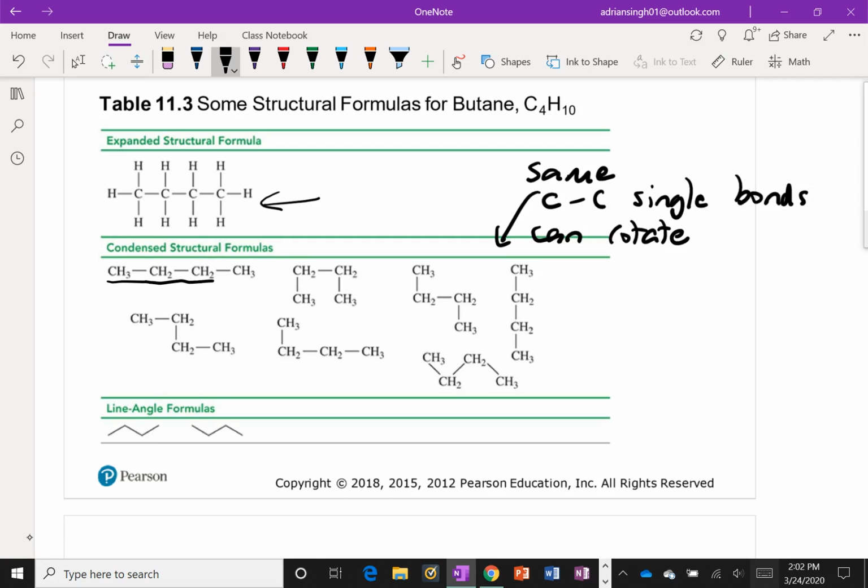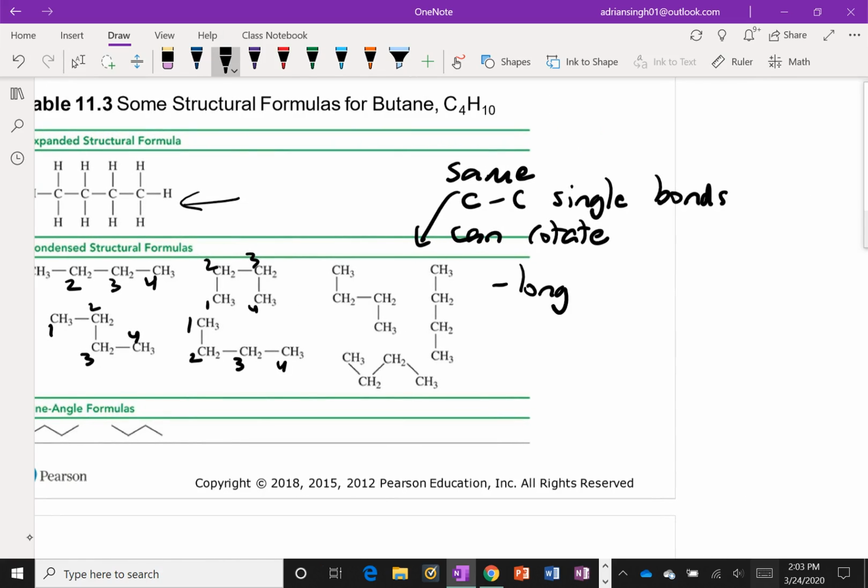Right, so you can draw it as a straight line, or you can draw it with a bend in it. You can draw it sort of zigzag. You can draw it as zigzag that way. You can draw it with a kink in the tail. You can draw it like that. You can draw it from top to bottom. They all represent the same thing, because when you look at the longest continuous carbon chain in all of these, it's 4, right? So 1, 2, 3, 4, and so on. If you look at every single one of those, the longest continuous carbon chain